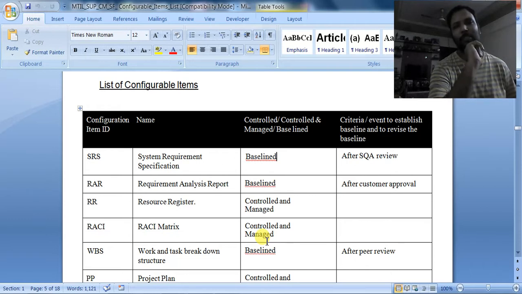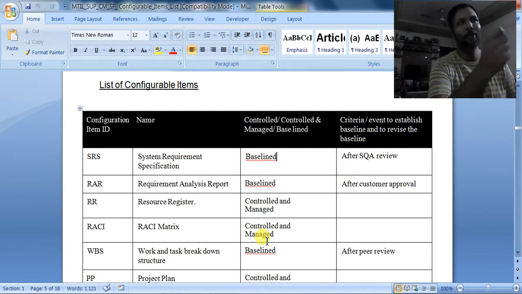Then what is this controlled and managed, sir? We have to keep documents as controlled and managed if, even though those are used as the base for other documents, we are expecting continuous changes in them, such as the plan documents.